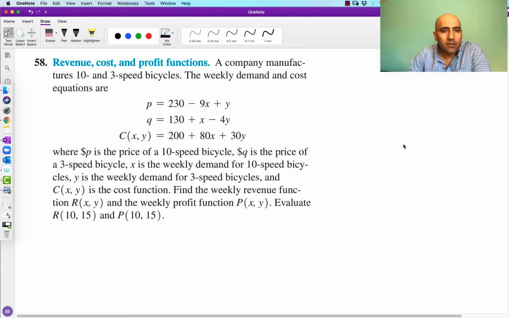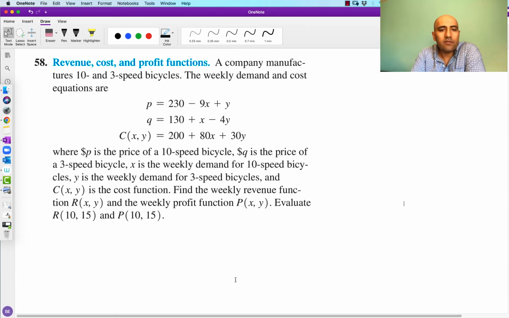Number 58, revenue, cost, and profit function. So a company manufactures 10 and 3-speed bicycles. The weekly demand and cost equations are given. So we have P equals 230 minus 9x plus y. Q equals 130 plus x minus 4y. And then we have a cost function of producing both bicycles, x comma y. So this is C of x comma y equals 200 plus 80x plus 30y,